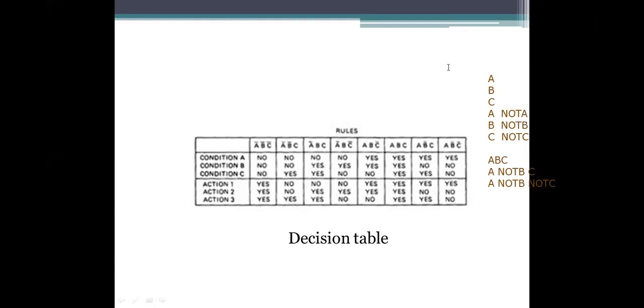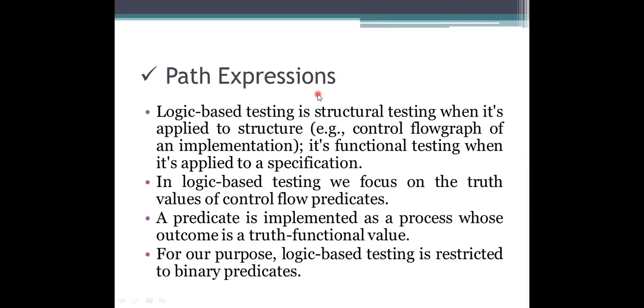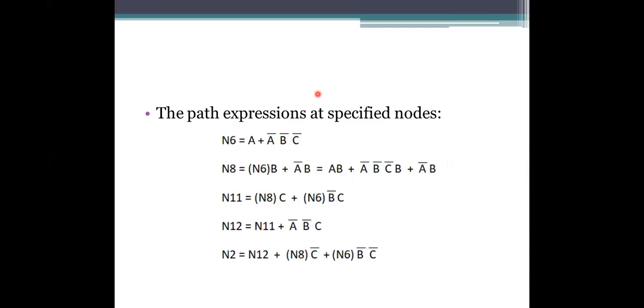In previous sessions, what we have done, using the truth values yes and no here. Okay. So that is a troublesome problem. By using the troublesome problem only, we are forming the path expressions here, and we are reducing the path expressions also, like such rules which has been used in previous sessions. Okay, so this is the example program what we are using, which is the troublesome problem.